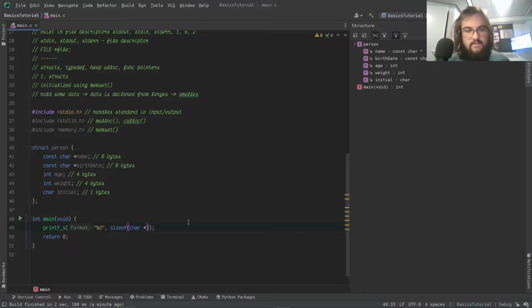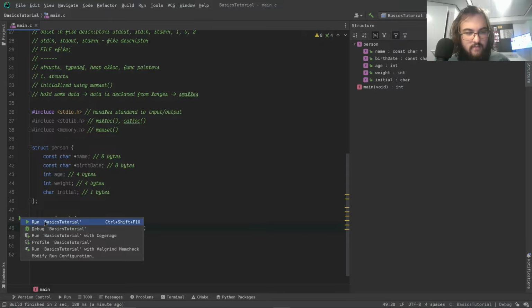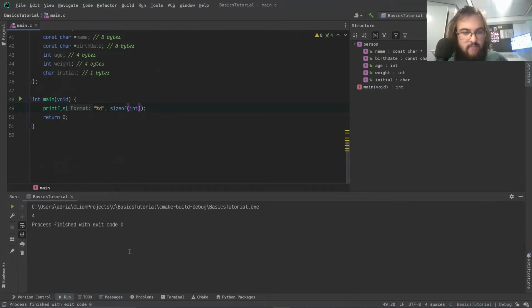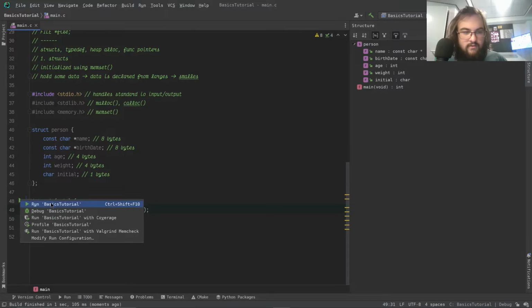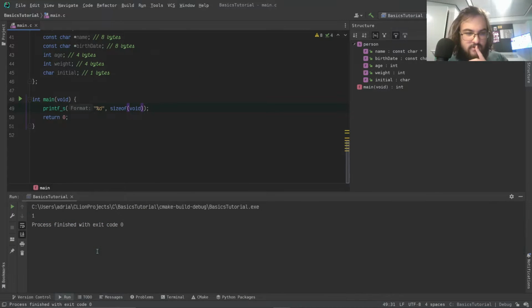I think this might be different now because I changed this. I'm using GCC now, so this might be different. No, this is still 4 bytes, okay. I'm actually going to check what size void is. Since I'm using GCC, I think this should be 1. I think GCC takes void as 1, doesn't it? Yeah, there we go. So I actually changed my compiler from the last video, and I'm using GCC now running on MinGW because